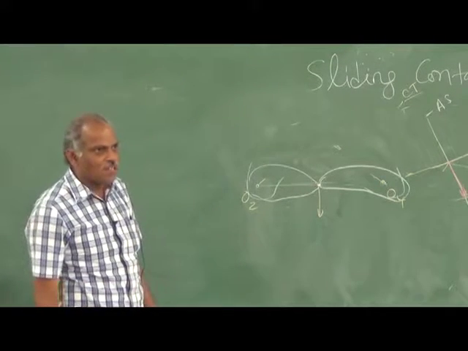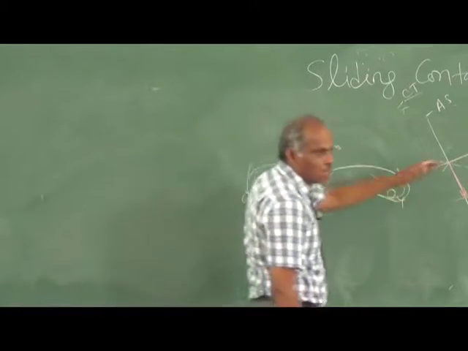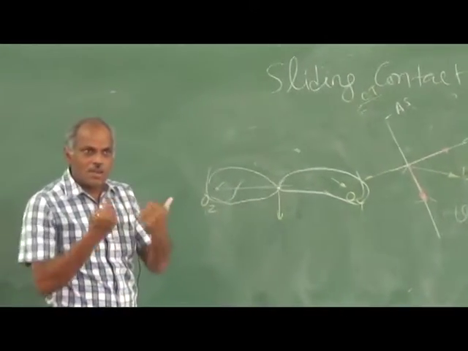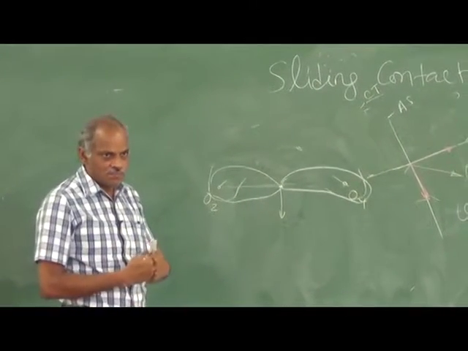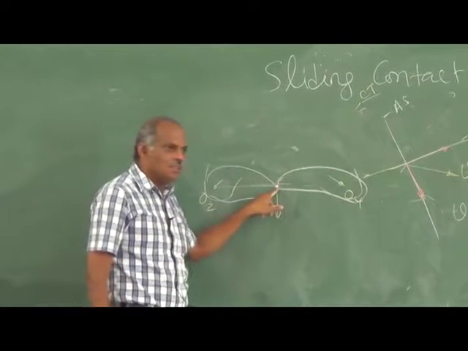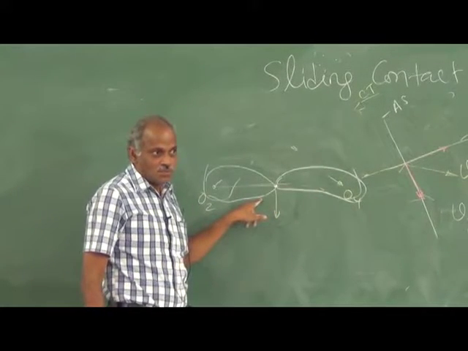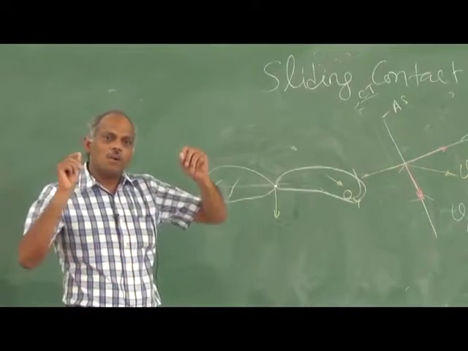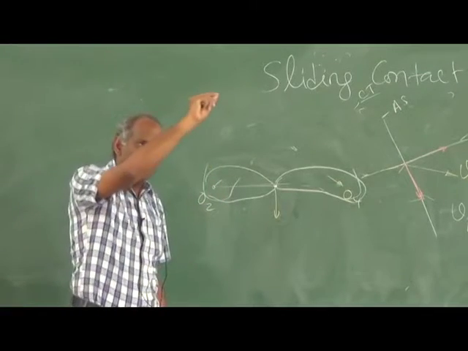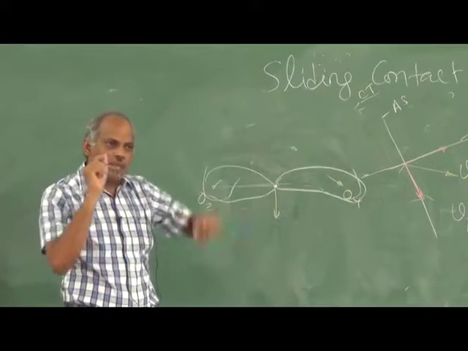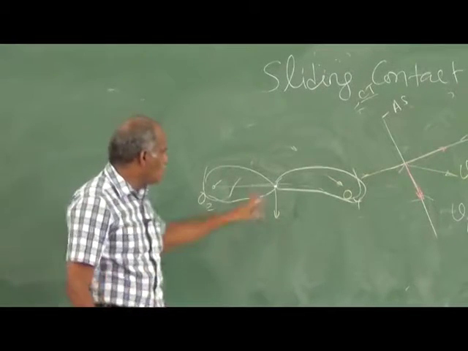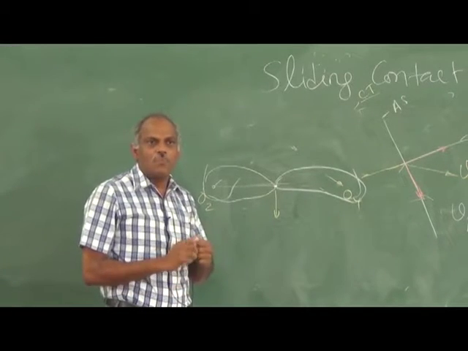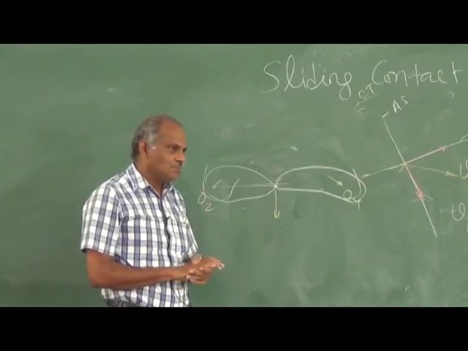So from this we can arrive at a statement or condition for rolling contact. The two direct contact mechanisms will have a rolling contact only if their point of contact lies on the line of centers. Okay? So even in gears, the point of contact keeps on moving along the axis of transmission. At the one point where it crosses the line of centers, that is where you will have pure rolling. Otherwise there will be sliding. Okay?